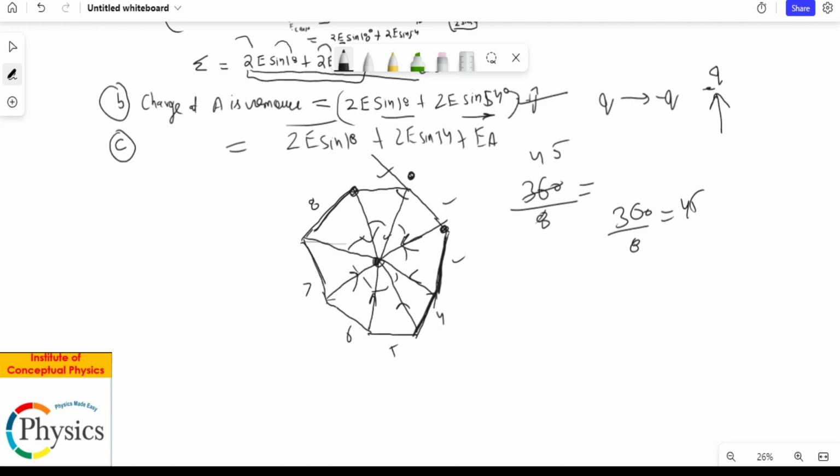So this is 135, so we're referring this to be 45 degrees. This is 135, so half of that, 135 divided by 2, is equal to 67.5. So this is 67.5 and this is 67.5, right? So each one of them is 67.5, okay, and this angle is 45 degrees.